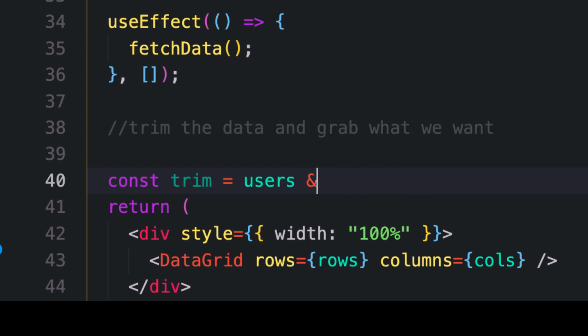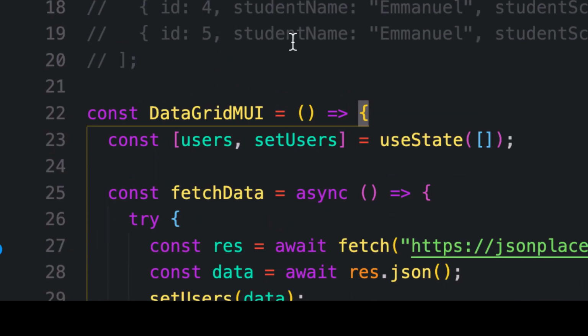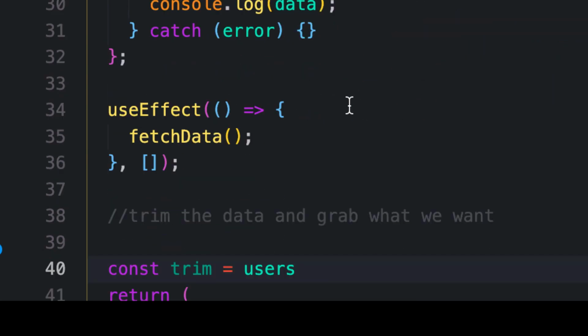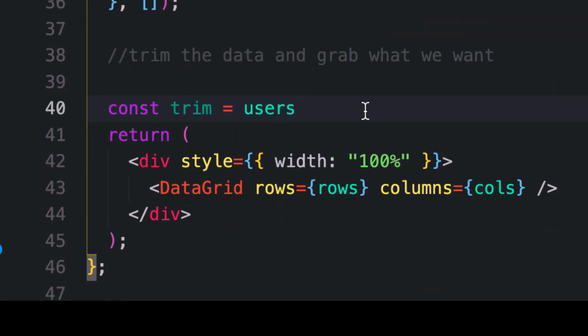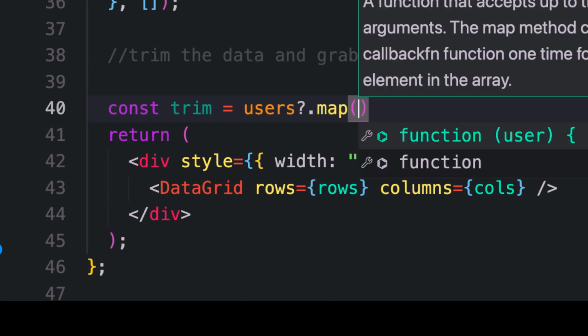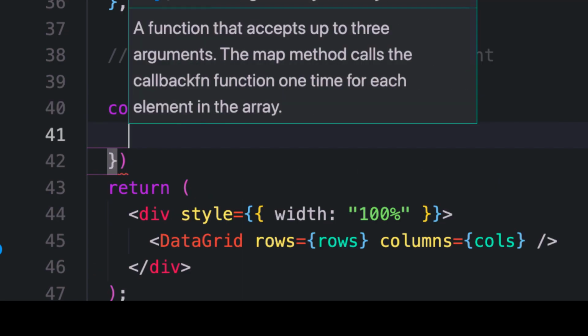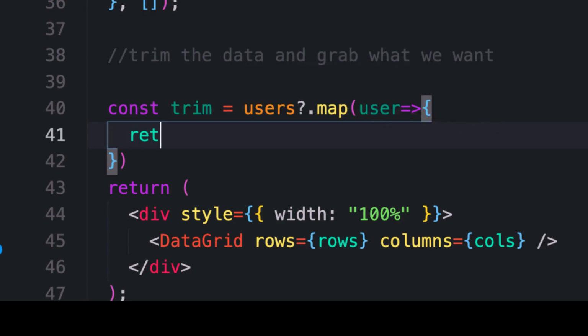I'm going to use what is called this new version of ES, we call it optional chaining, right? I'm going to use the question mark. So instead of using the AND operator, I'm going to use the question mark to check the data in the users. If that's the case, then I can use map, and inside of that I have the user, and I can return a new object here, right? To this new object, now I want, looking at the result coming back,